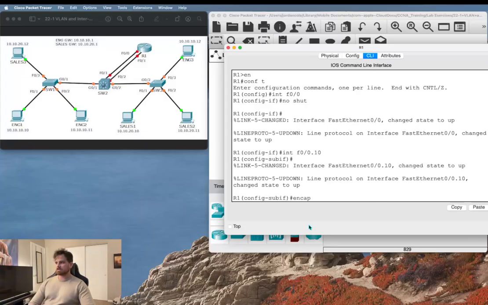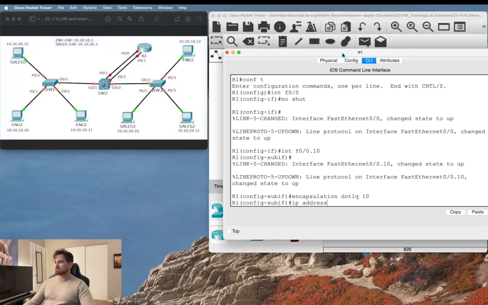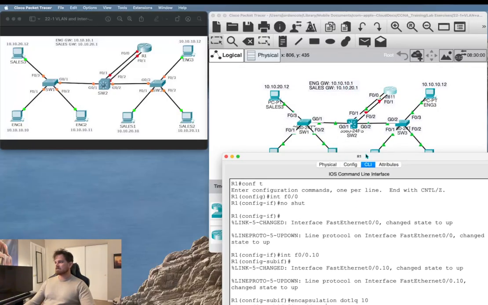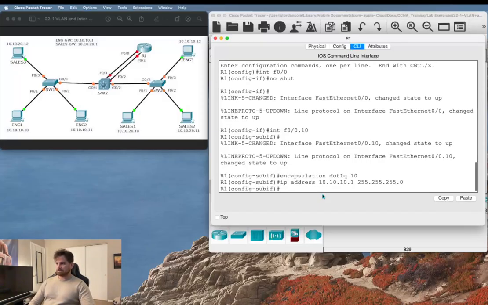We want to make sure that it is using 802.1Q encapsulation, so we use the encapsulation dot1q command, and then you want to specify the VLAN number that this subinterface is going to be associated with, which is 10, and we're going to give it an IP address of 10.10.10.1 with a /24 mask. Alright, so that one's up,